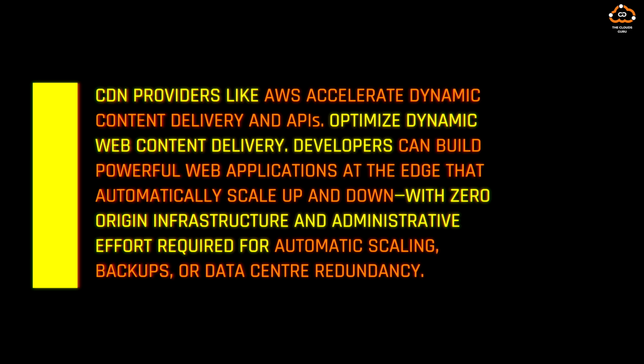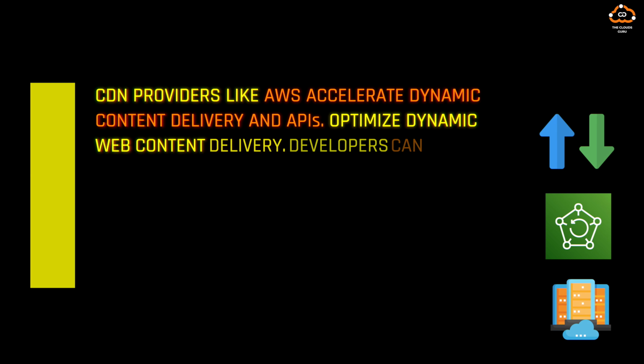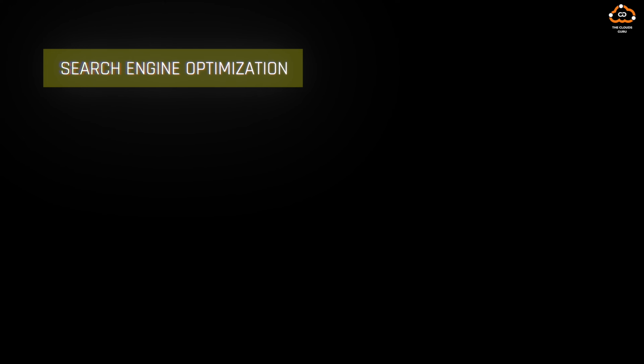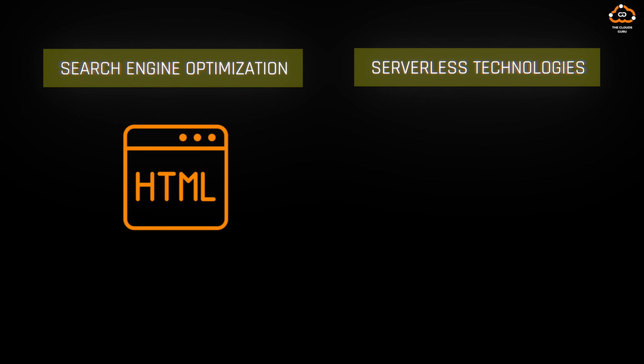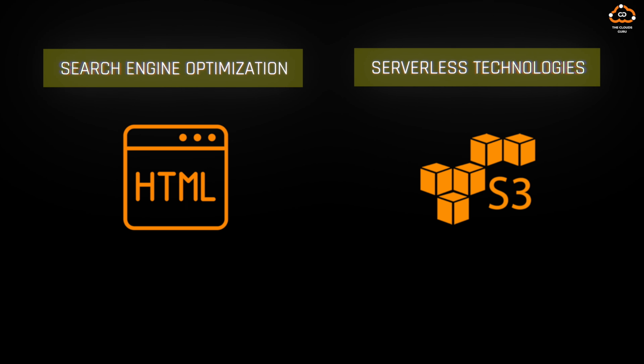CDN providers like AWS accelerate dynamic content delivery and APIs. Optimized dynamic web content delivery. Developers can build powerful web applications at the edge that automatically scale up and down, with zero origin infrastructure and administrative effort required for automatic scaling, backups, or data center redundancy. On the edge location, you can improve search engine optimization, SEO, for your website by using serverless technologies. For example, you can trigger a serverless function to deliver a pre-rendered HTML page stored in Amazon Storage or S3